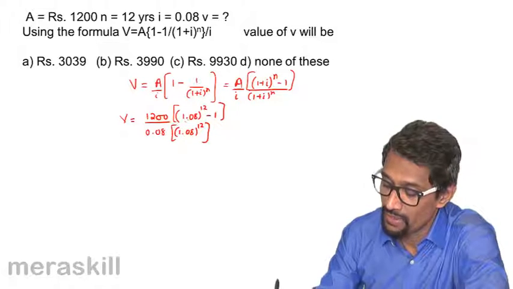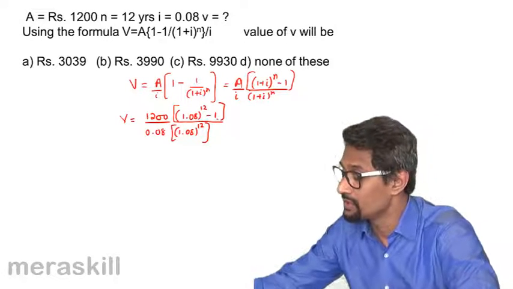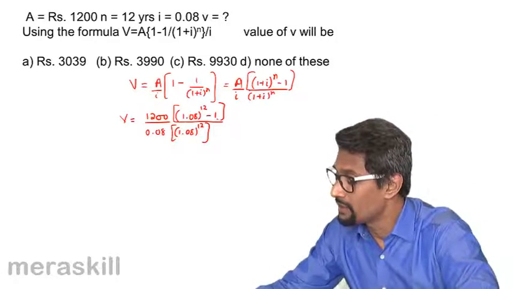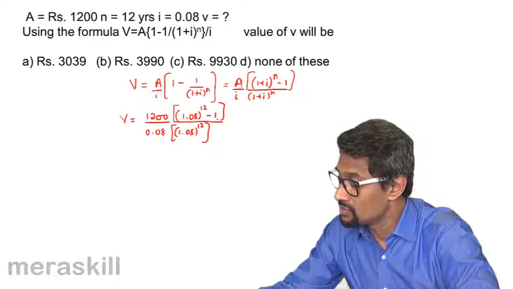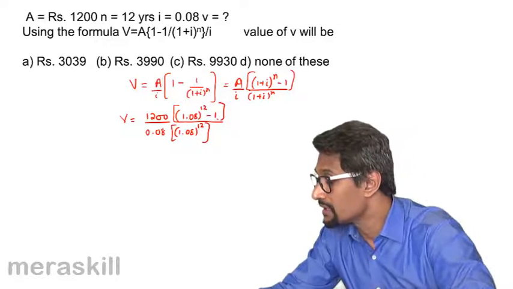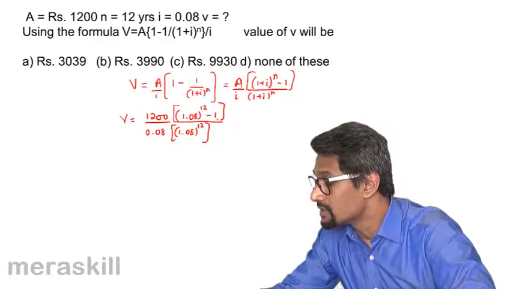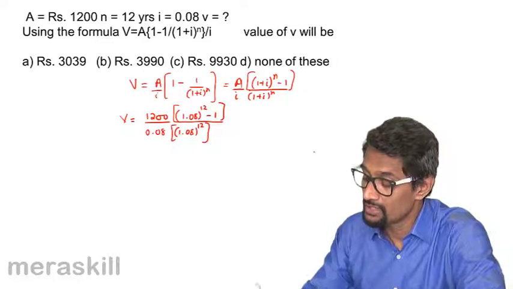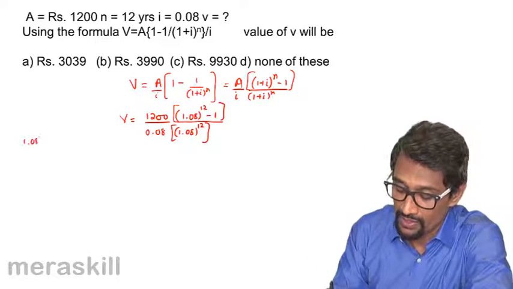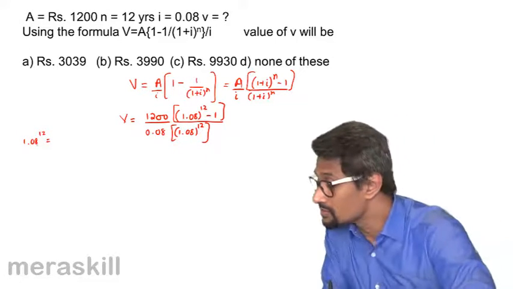Here there is no minus 1 factor. So what do we do here? We have 1.08 into 2, 3, 4, 5, 6, 7, 8, 9, 10, 11, 12. So we can just note it down so that we don't have to do that again. So 1.08 raised to 12 is going to be